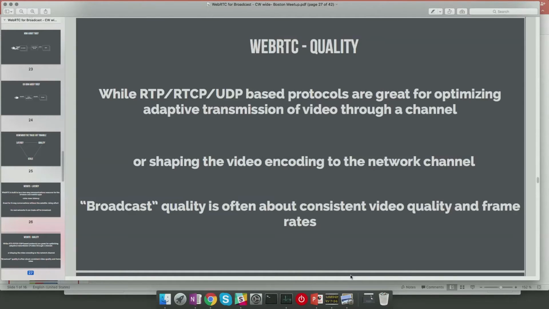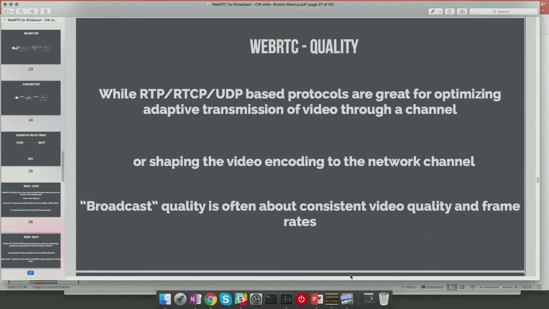Another way to think about that is it's shaping how the video encoding is happening to the network channel, to fill the bits into the pipe they have available at the time. That can be a detriment sometimes when you consider broadcast quality.